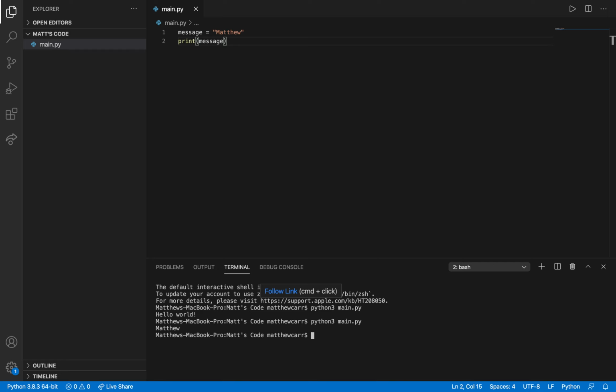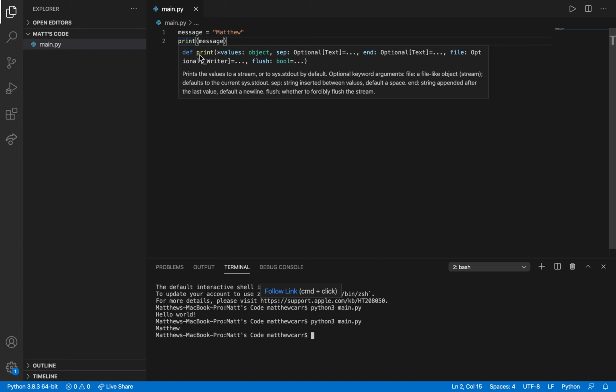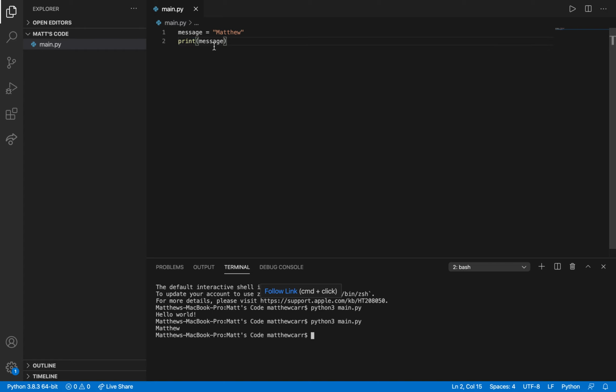So I hit up, and then I hit enter, and we get Matthew. So to explain that again, the print function is printing the value that's stored in the variable message. And the value that's stored in the variable message is Matthew, because we assigned that to this variable.